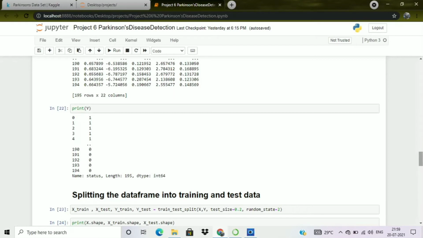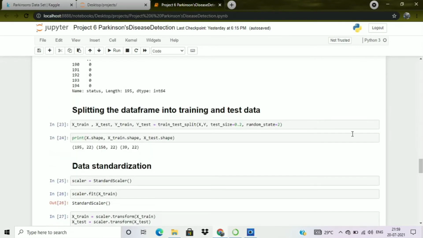Once you have done the data pre-processing, we will split the data frame into training and test data. I'm creating new variables x_train, x_test, y_train and y_test, and the train_test_split function is being used. I am keeping the test size equal to 0.2 and the random state equal to 2.